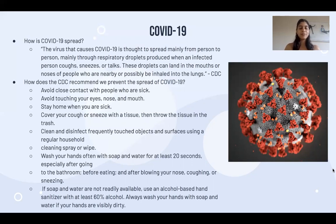So the CDC, or Center for Disease Control, released this statement here telling people how the COVID-19 virus is spread. So the virus that causes COVID-19 is thought to spread mainly from person to person, mainly through respiratory droplets produced when an infected person coughs, sneezes, or talks. These droplets can land in the mouths or noses of people who are nearby or possibly be inhaled into the